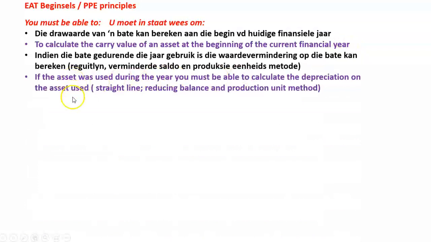Now, if your asset was used during the year, you must be able to calculate the depreciation on the asset that was used. So if something has happened to an asset during the course of the financial year, it doesn't matter what, I could have scrapped the asset, it could have been burned down, I could have sold the asset, I could have traded in the asset. But the first question that you have to ask yourself, did I use the asset in the current financial year? And if the answer is yes, then up to the event that took place, whether it being a selling event or a fire, whatever the event was, up to that event,